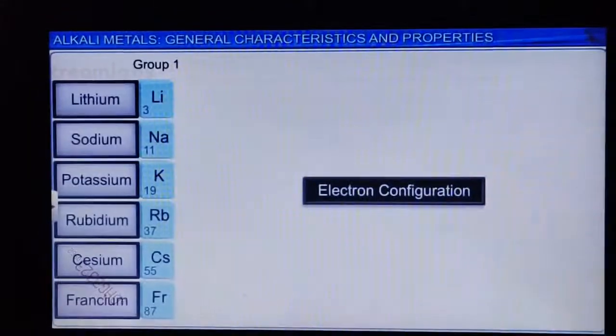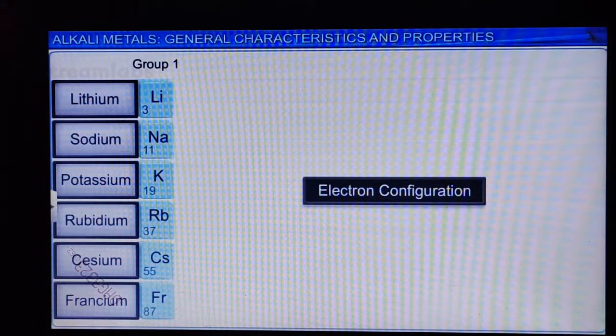Let us look at the electronic configuration. If we talk about their general electronic configuration,